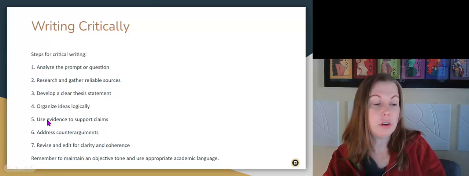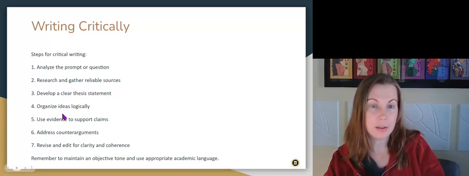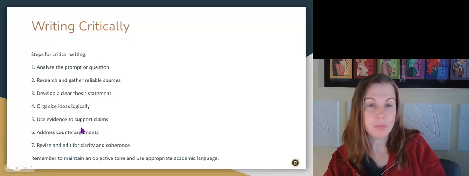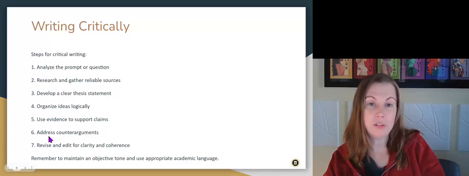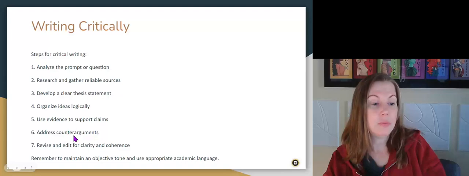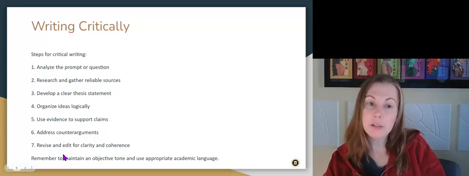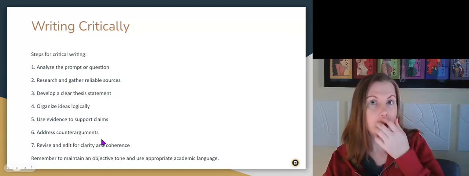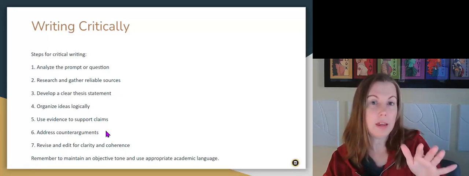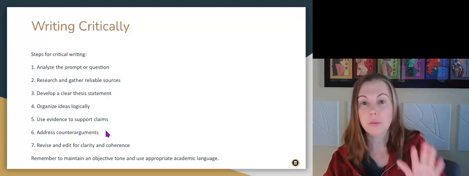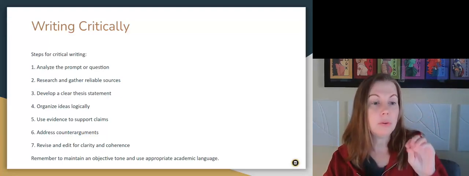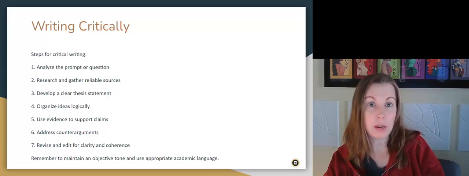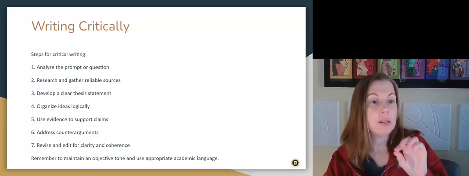Then that's where you go in and you start plugging in evidence to support whatever you're trying to say. And you can get that information in a variety of ways. Of course, we want to always acknowledge the other side, and then we want to revise and proofread for clarity and coherence. So what I always like to say throughout many years is read the essay or whatever you come up with out loud. You will catch a ton of errors that way, including grammar.